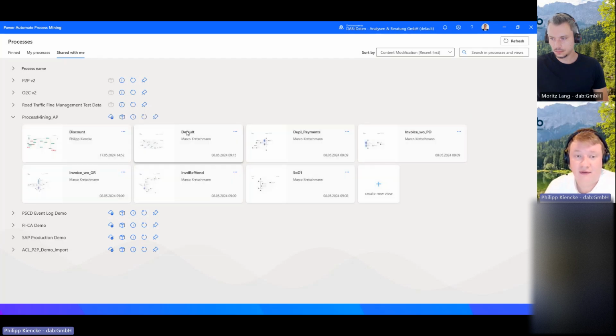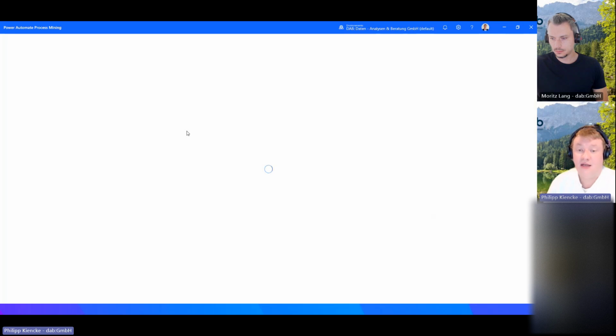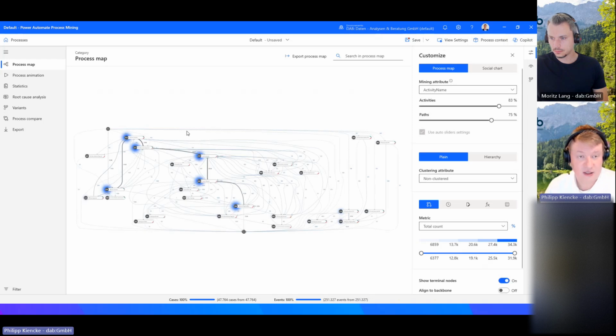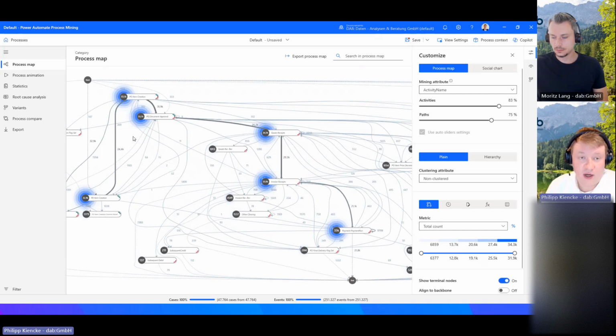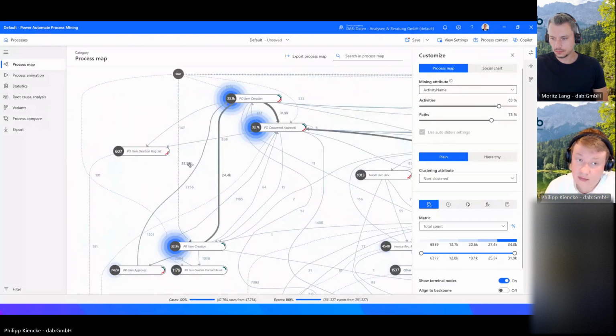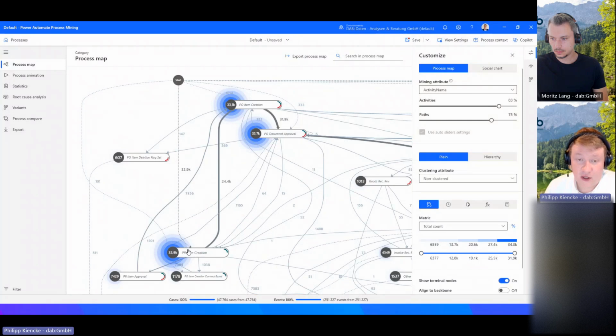And we can have a look at that default process. So now it's connecting to the Power Platform and extracts the process for me. And what you see here is what we know from every process mining. We get a graph, and when we go in, you can see we have a starting point. Then we have the purchase requisition creation,